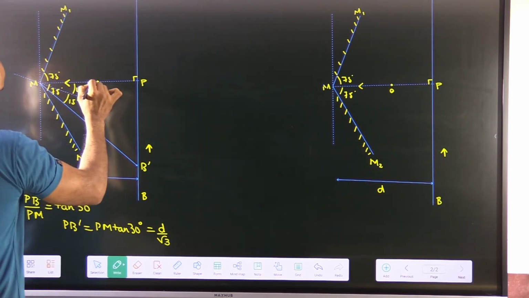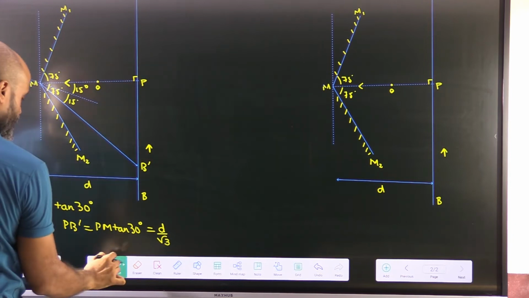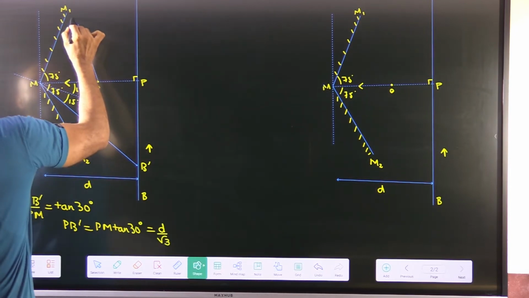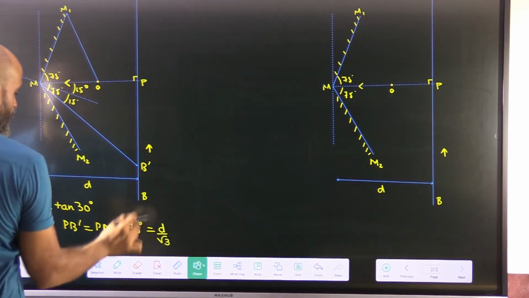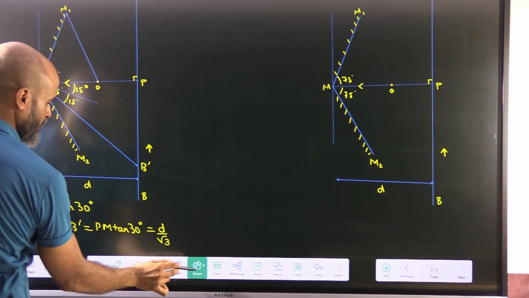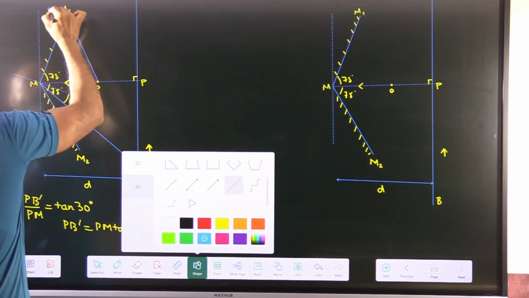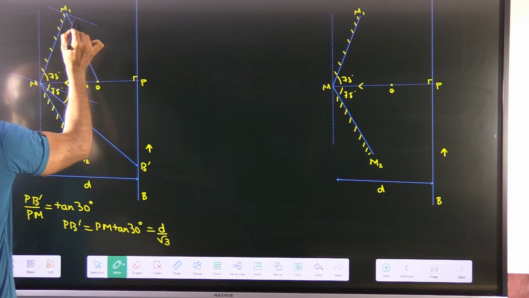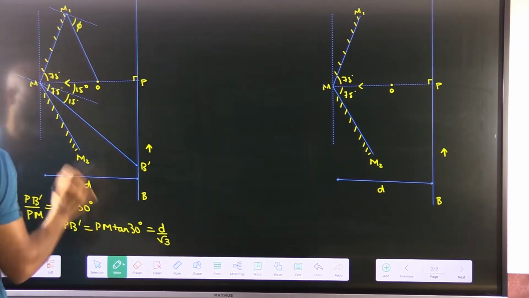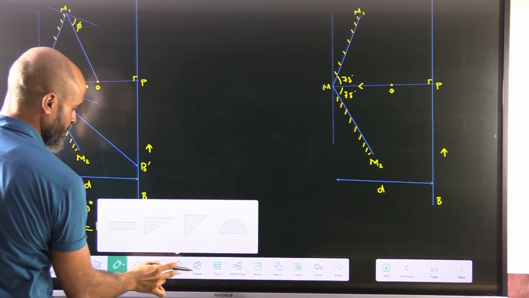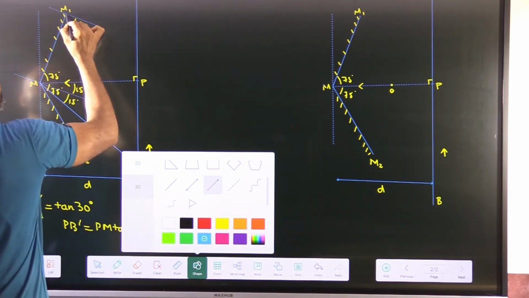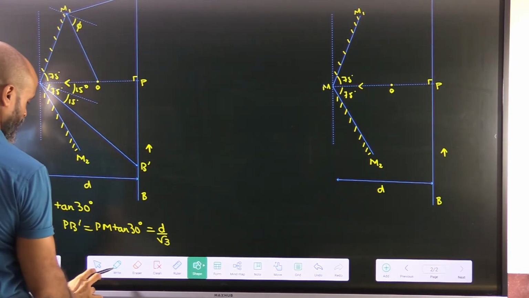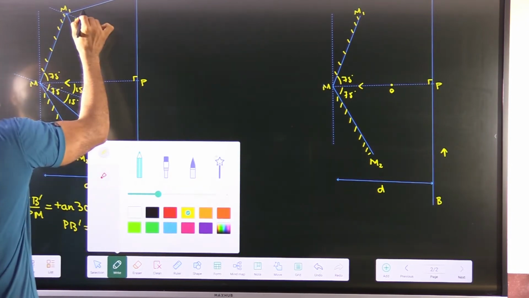Let's say from this point object O, there is a ray of light, which basically falls here like this, and it gets reflected obviously. We will draw a normal here, and let's say we are not aware of this angle, so let's keep this as phi. Accordingly there will be a reflection that will be produced here, emerging somewhere here. So this will also be, let's say, phi.